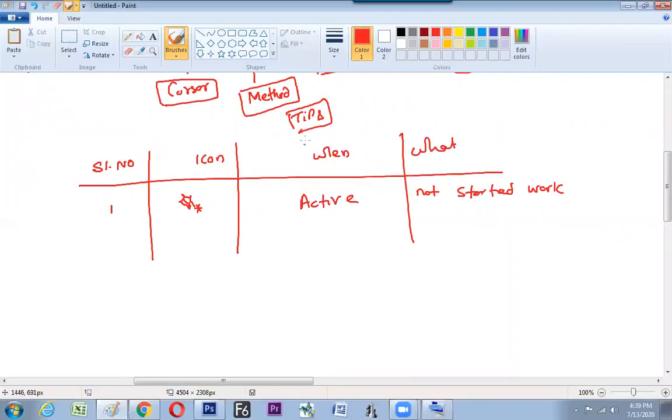Because you're going to work on a professional screen like this, very clean, only the cursor. By looking at the cursor, you need to take a decision. At that time, this knowledge will help. How much we are aware of the cursor, that much we can take a decision. Now, we are switching to the next step.